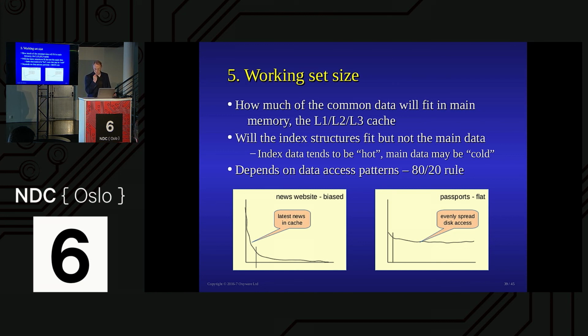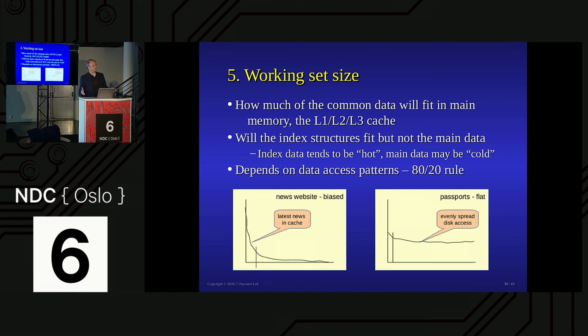I was speaking to somebody yesterday. He was dealing with publishing, but it's scientific publishing, and it's all long tail. The documents are all 40 or 50 megabytes of XML, and there is no peak out here. It's all like that. Even though it's the same publishing thing, it's just because of the access patterns. So this is then how much will fit.